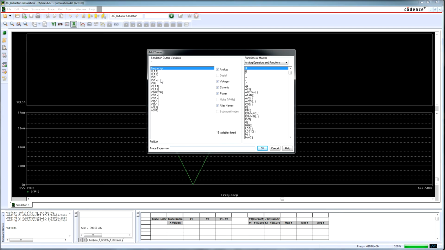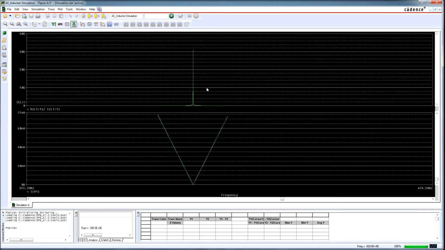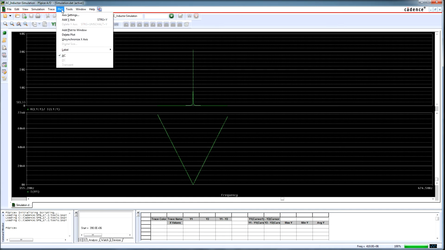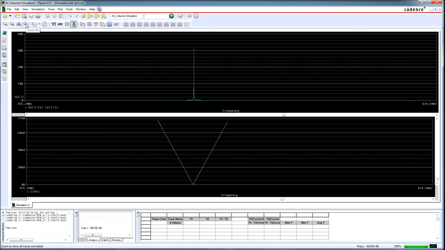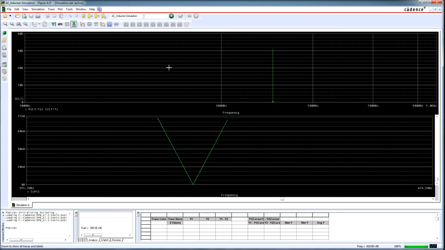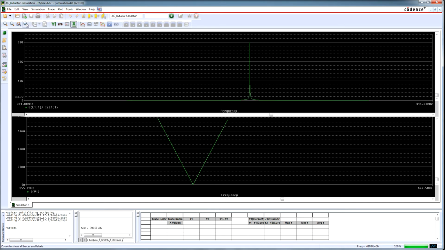For that, I say the voltage in my inductor divided through the current, and I'm going to click here in plot and synchronize x-axis, because now I'm going to make just here a zoom,